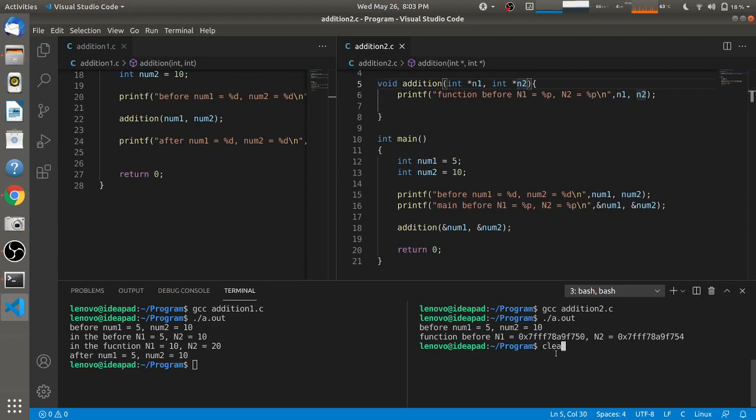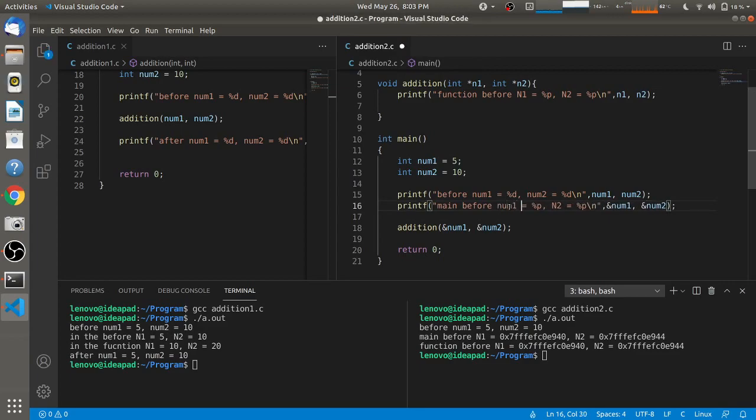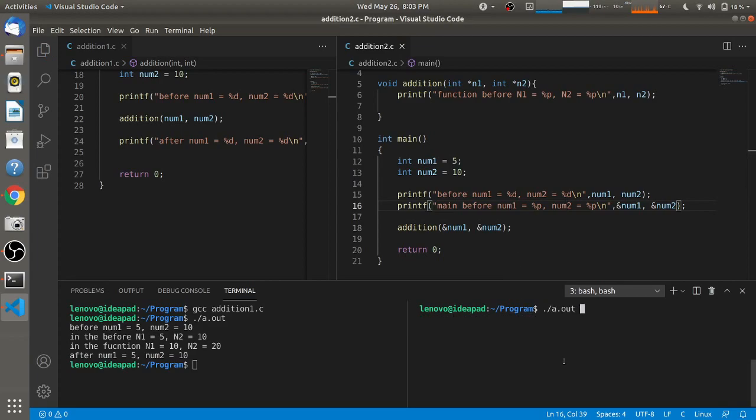So for that, we'll just compile it as we have changed the code, and I'll execute it using ./a.out, and you will see that in the main before. So I have to change this also. So what I did is I have again compiled it as I have changed the printf statement in the main.